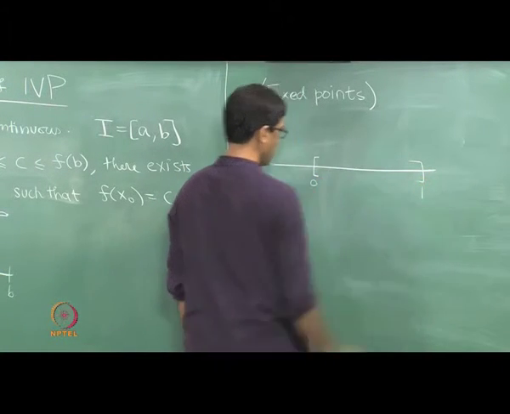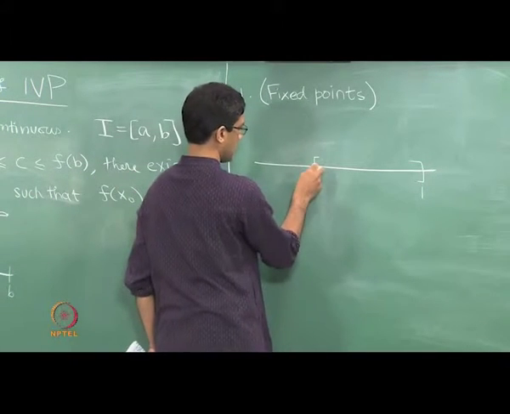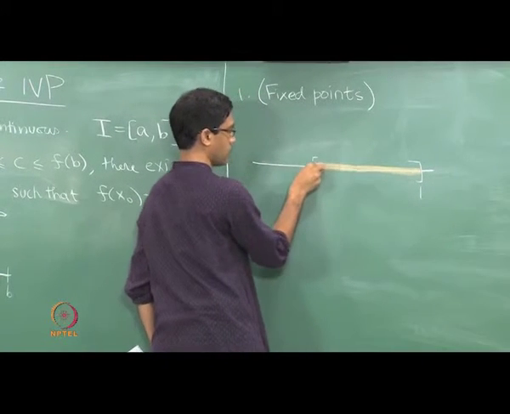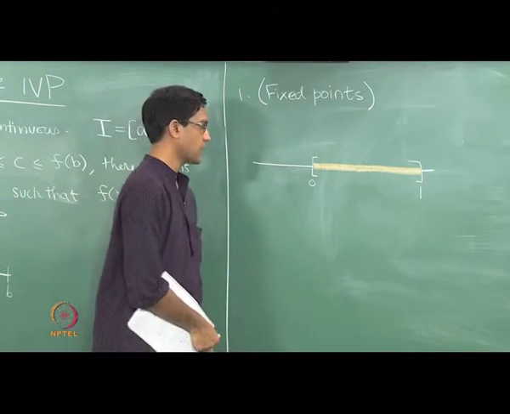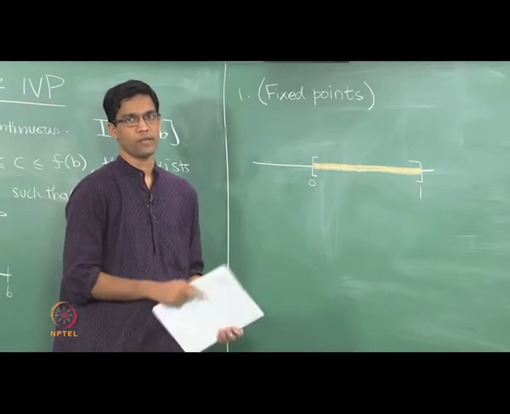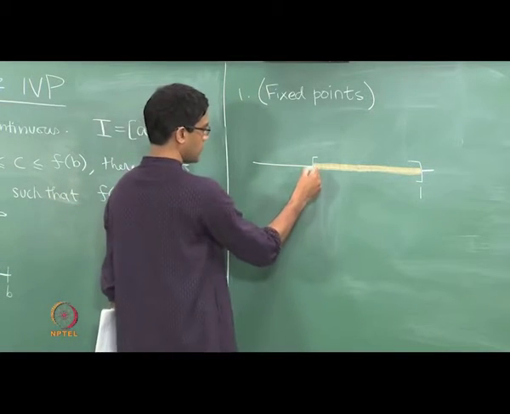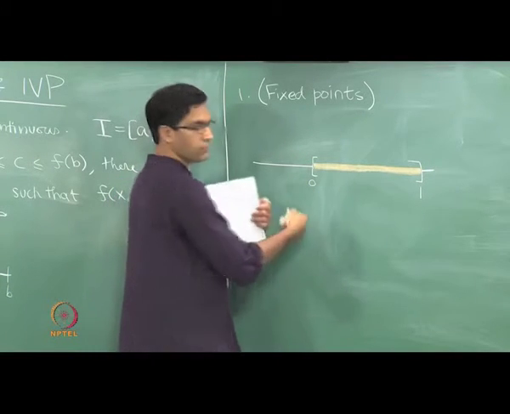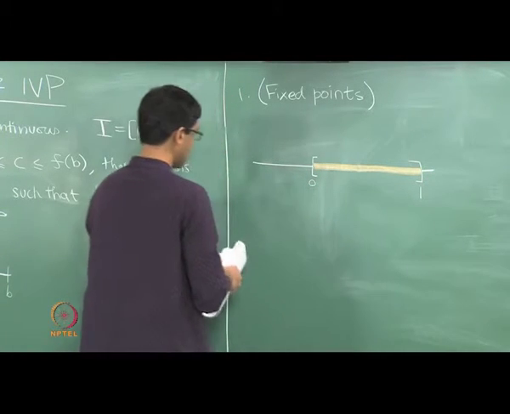So let's imagine the interval between 0 and 1, and let's for the moment pretend that this is some sort of a rubber band, in the sense that it can now be stretched. So I have the interval between 0 and 1, and what we will now do is the following. We will imagine stretching this rubber band such that the endpoint 0 moves to some point to the left of it.